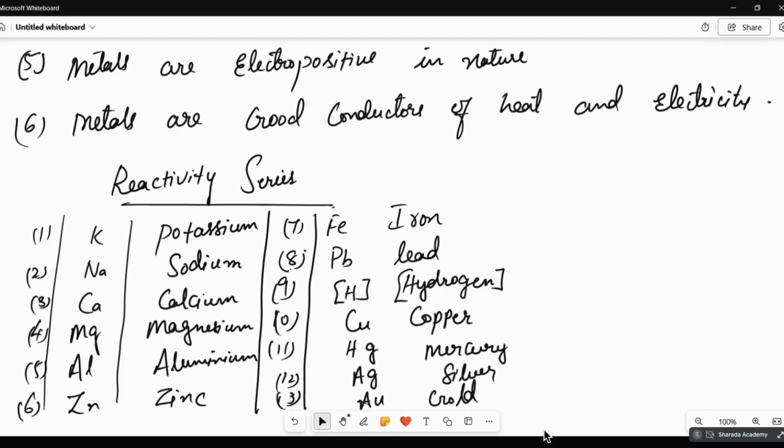And see, reactivity series: in the first chapter, do you remember, we studied displacement reactions. A highly reactive metal can displace a less reactive metal. So potassium, reacting with any substance, can displace like that. By the reactivity series, we will know which metal can displace which. Once you know all this, when we do the reactions, you will understand.